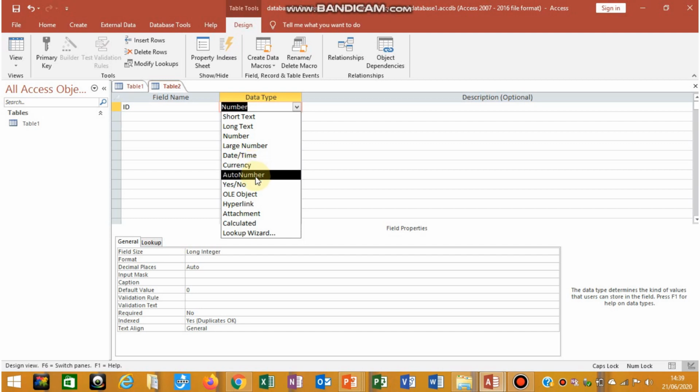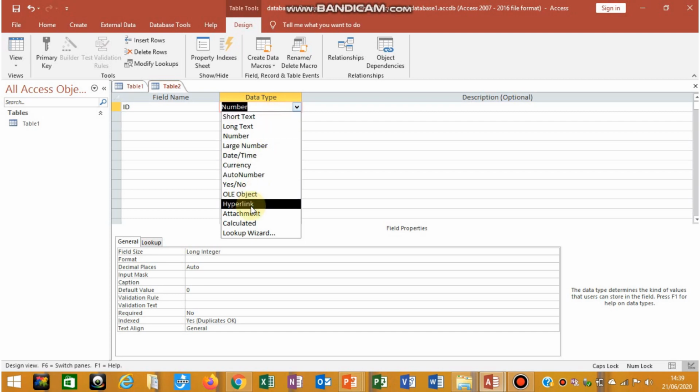Fine. Then attachment, lookup wizard, calculated, all this description is given in your textbook on page number 18. If you want to have a look, you can have a look. It is not that important, it is just that you should know about the field grid pane and field properties pane.